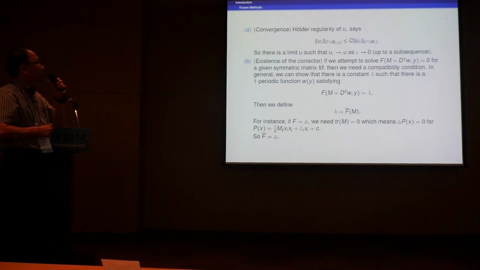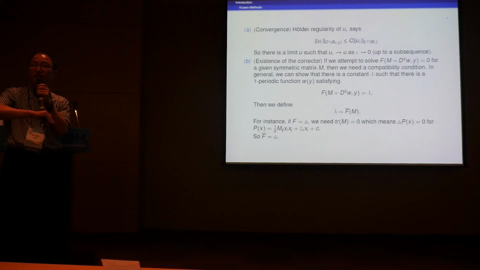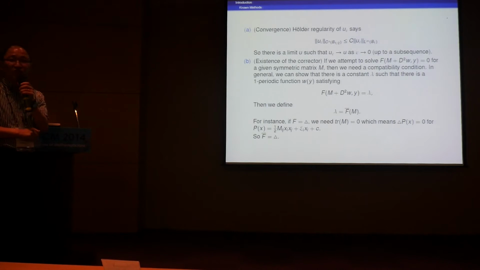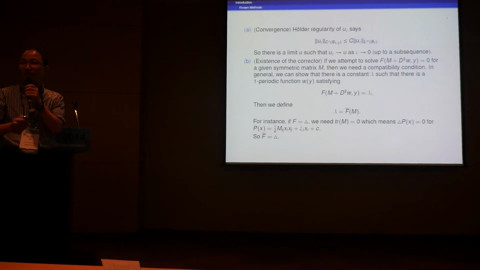And the first part is the convergence. If you look at the work of Caffarelli, there is a Holder regularity. So you can get a Holder regularity, then you can extract a convergent subsequence. As we saw in the picture before, our solution has very small oscillations around the nice picture. And this estimate is true if you have small oscillations, but I will point out a large oscillation later.